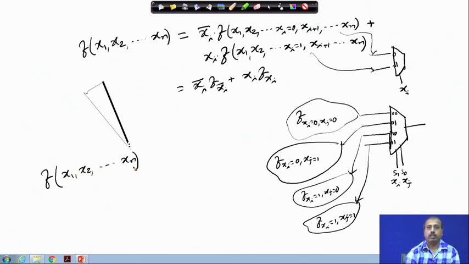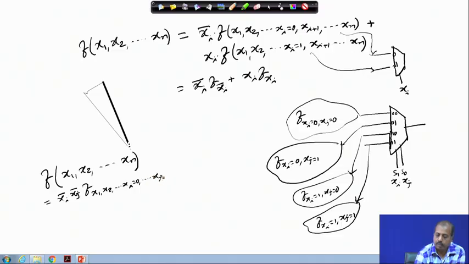If I am decomposing around the variables xi and xj, then this can be written as xi bar xj bar and f, the function obtained by putting xi equal to 0, xj equal to 0, and the rest of the variables remain unaltered,